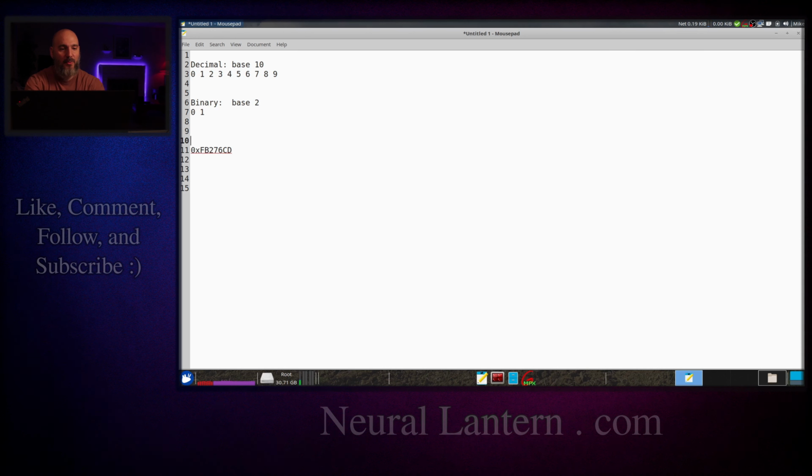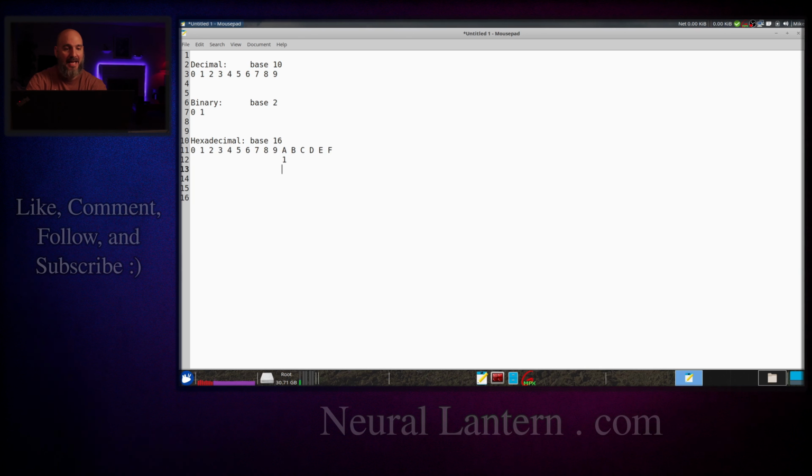Then we have hexadecimal, which is a way to represent a number in a more compact way. We call this a base 16 number system because we have 16 possible characters. We have 0, 1, 2, 3, 4, 5, 6, 7, 8, 9, just like decimal. But then we add more characters. We add 6 more. We say A, B, C, D, E, F. And what happens is the A has a strength of 10, whereas the 9 just to its left had a